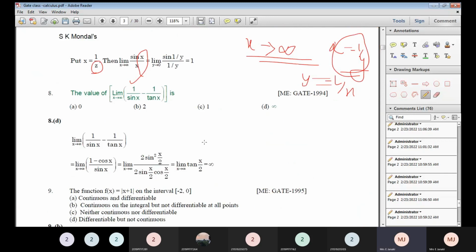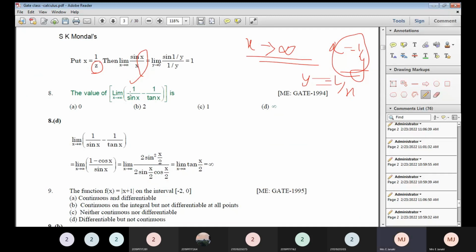In the next, see this also very important problem. The value of limit x tends to infinity of 1 by sin x minus 1 by tan x. First of all, we will simplify before substituting the limit x tends to infinity. We will simplify the result, and here